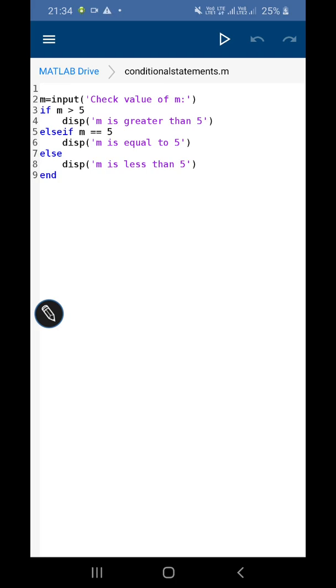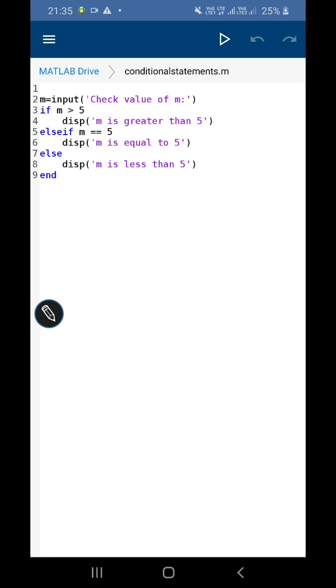Here, if the value is greater than 5, I want the message 'm is greater than 5' to be flashed on the output.